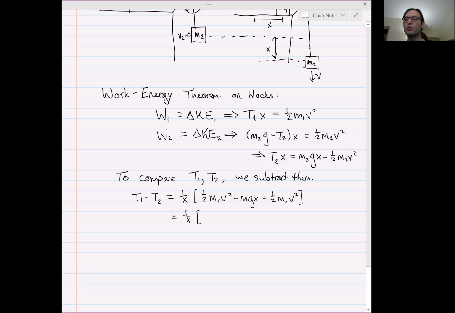We can use what we know about the kinetic energy of our blocks to rewrite this. These two terms together give us the total change in kinetic energy of the blocks, so this would be delta KE blocks. And we know that the potential energy, oh, this should be an M2, sorry. The potential energy of our blocks goes down because of gravity. So this term here is the change in potential energy of the blocks. The change in potential energy of the blocks plus the change in kinetic energy of the blocks, this is 0 if and only if